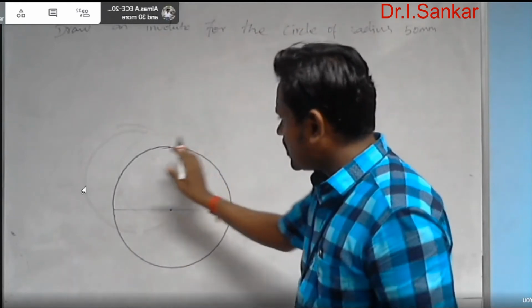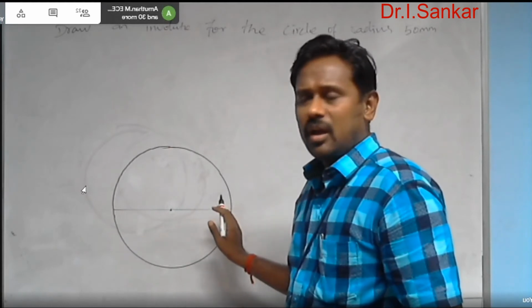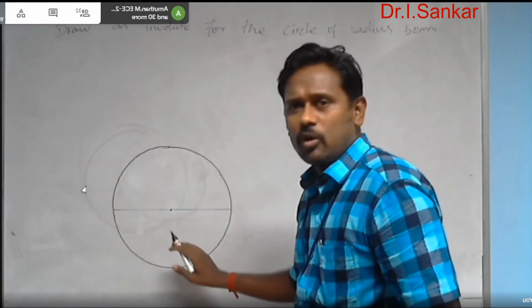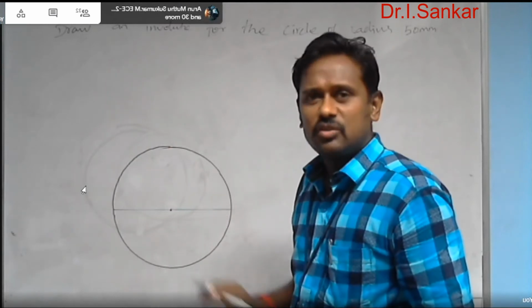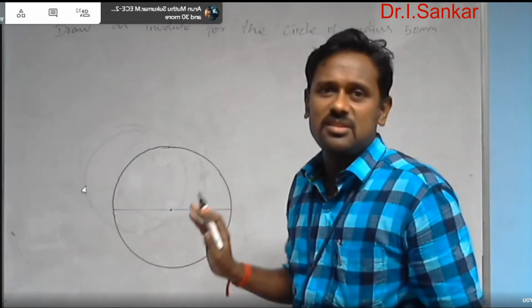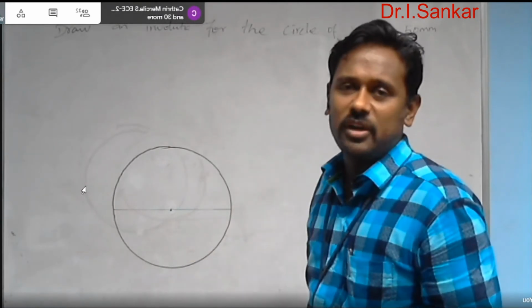So these are all the construction works I am doing now. I have just drawn a circle and then I am going to split it into 12 equal parts. For that purpose, I am drawing some lines inside the circle. So these are all nothing but the constructional jobs. These jobs should be done with the help of the 2H pencil only.